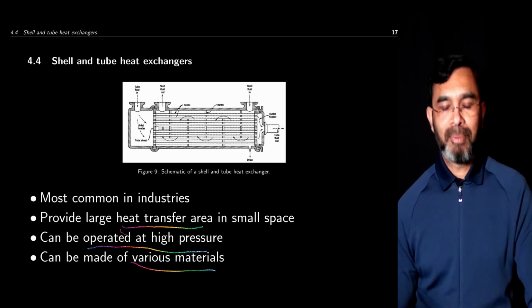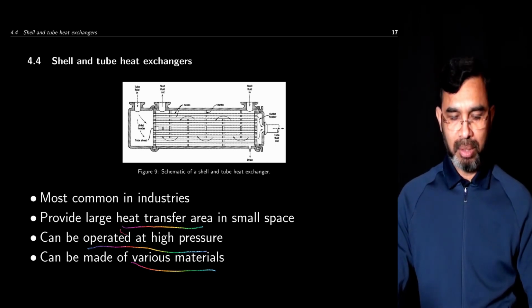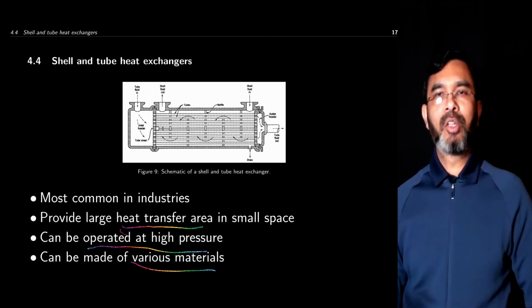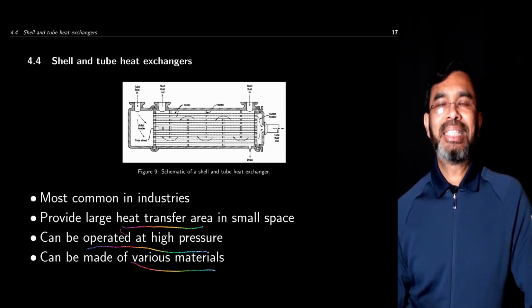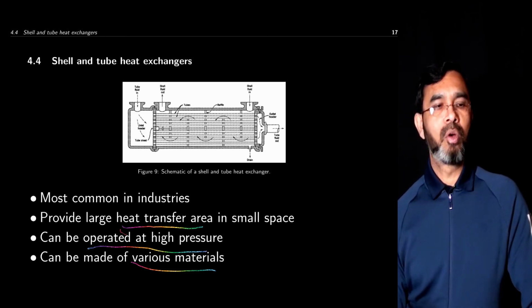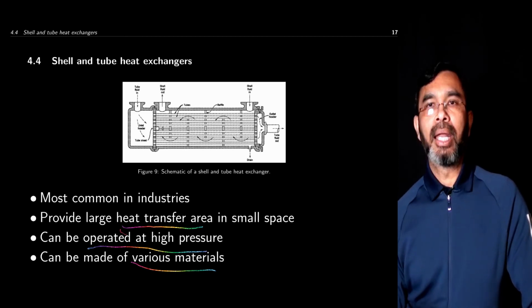So heat transfer takes place from the hot liquid to the cold liquid through the tube surfaces. Do remember that the heat transfer area involved here is only on the tube side. The shell is just containing the tube bundle. One liquid flows through the tubes, another liquid flows over the tubes. We'll see details about the shell and tube heat exchanger in another session.